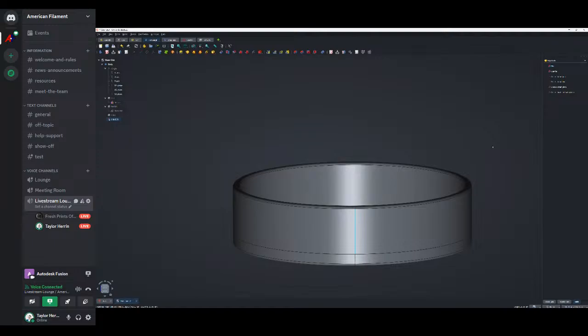Me and all my homies, we hate Solid Edge. Solid Edge is the worst CAD software. Anyway,